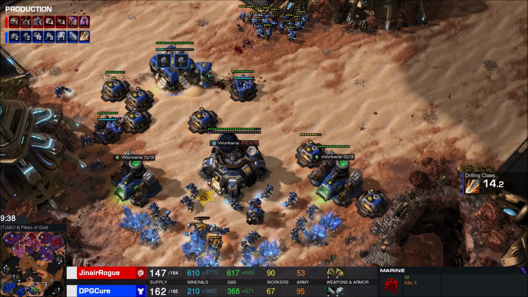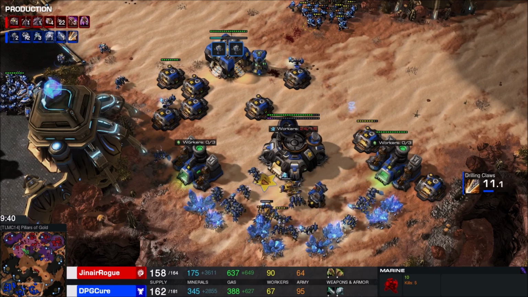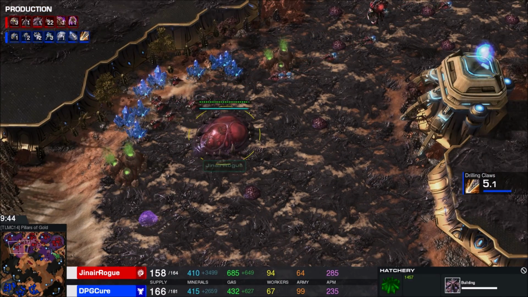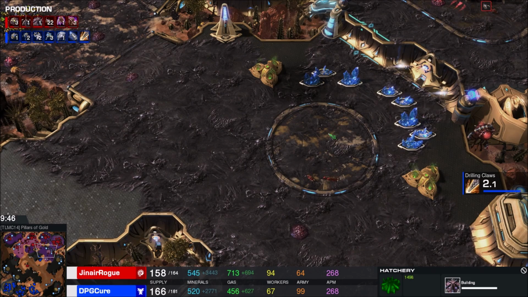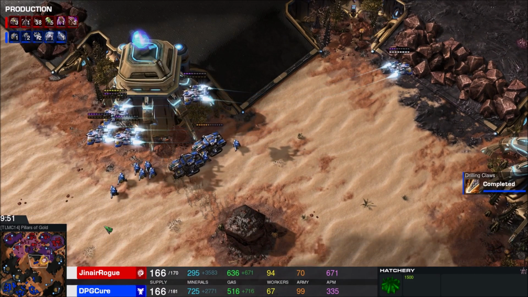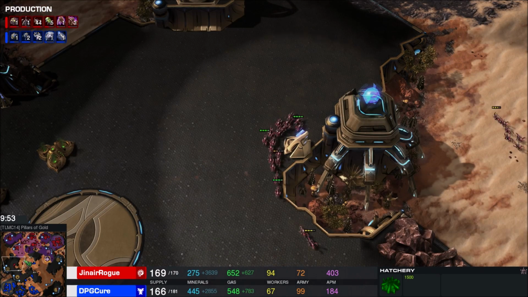Get on out. So Cure on 3 bases, you might think not doing so good when your opponent is successfully on 4 and almost 5 bases, but killing the hatch was big. Not game-endy, but big. Cure working on 2-2 here at 9.5 minutes,